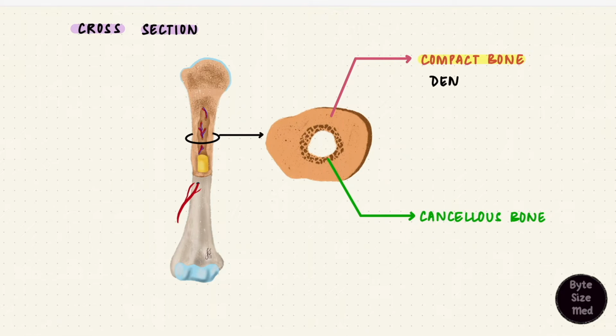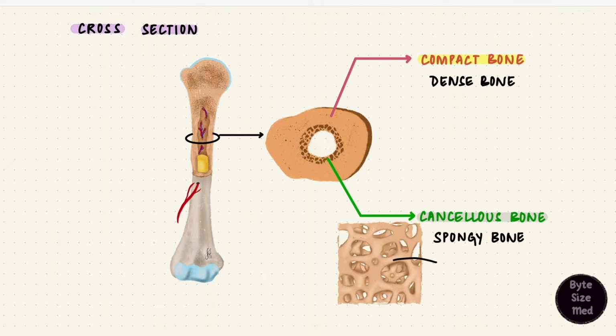Compact bone is also called dense bone because it is dense, and it's thickest in the diaphysis. It tapers towards the ends. It's also called cortical bone because it's on the outside, like the cortex. Compact bone is solid bone versus cancellous bone, which is also called spongy bone. Cancellous bone consists of rods and plates forming what's called trabeculae, with spaces or cavities in between. So cancellous bone is also called trabecular bone.